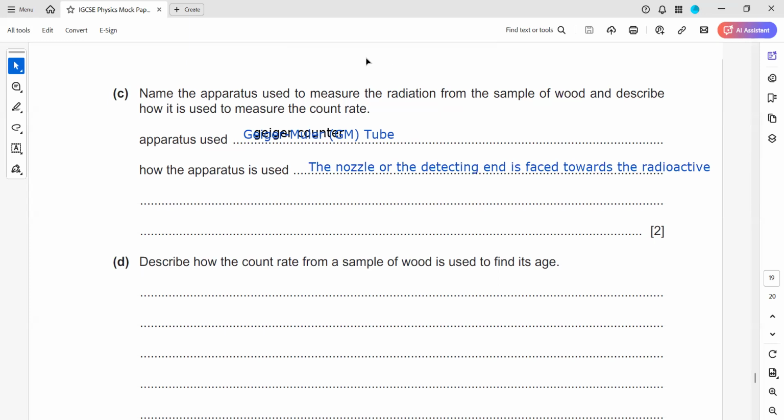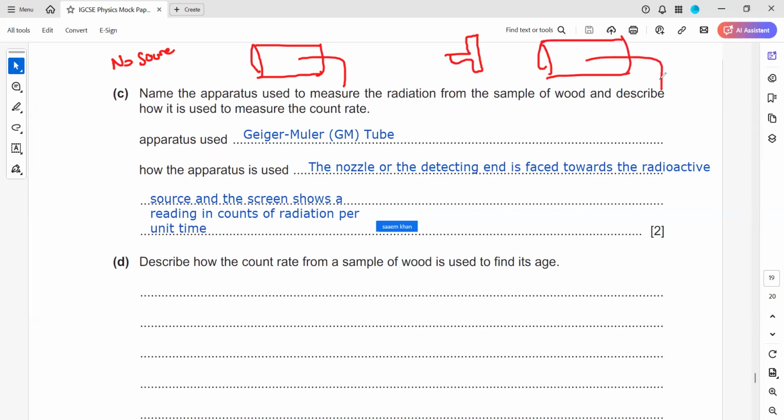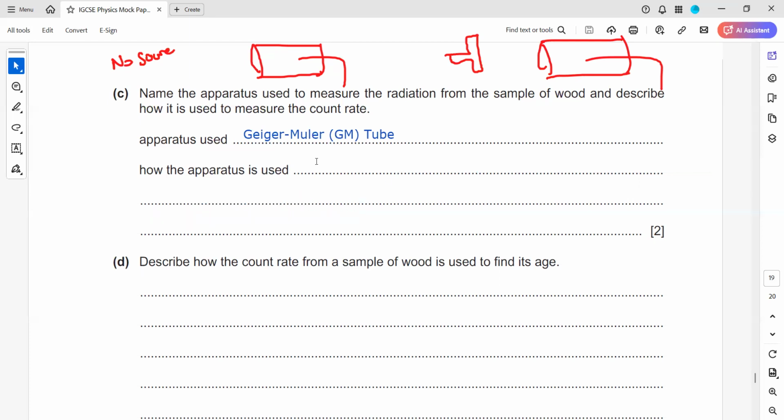Instead of writing that we record the source and the screen shows the reading, first we should record the radiation without any source, like record the background counts with no source. And then we should record the radiation with a source, and then subtract the two values to know the radiation from the source. That's how it should be used. We should record the radiation without the source,